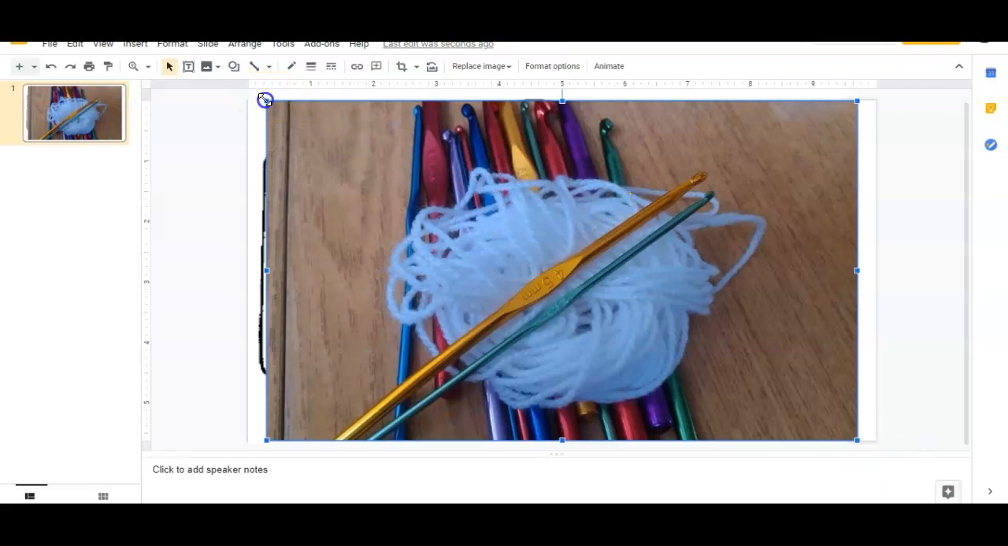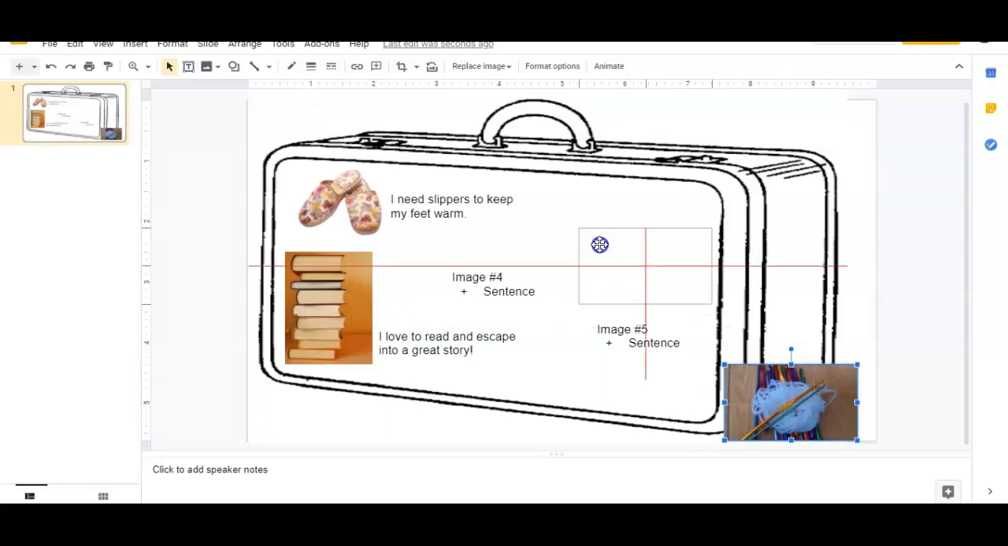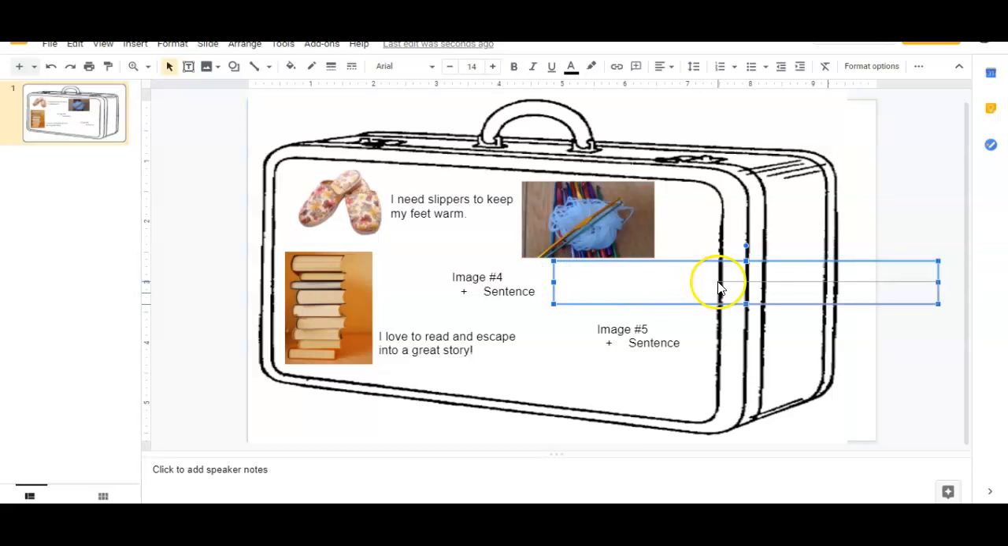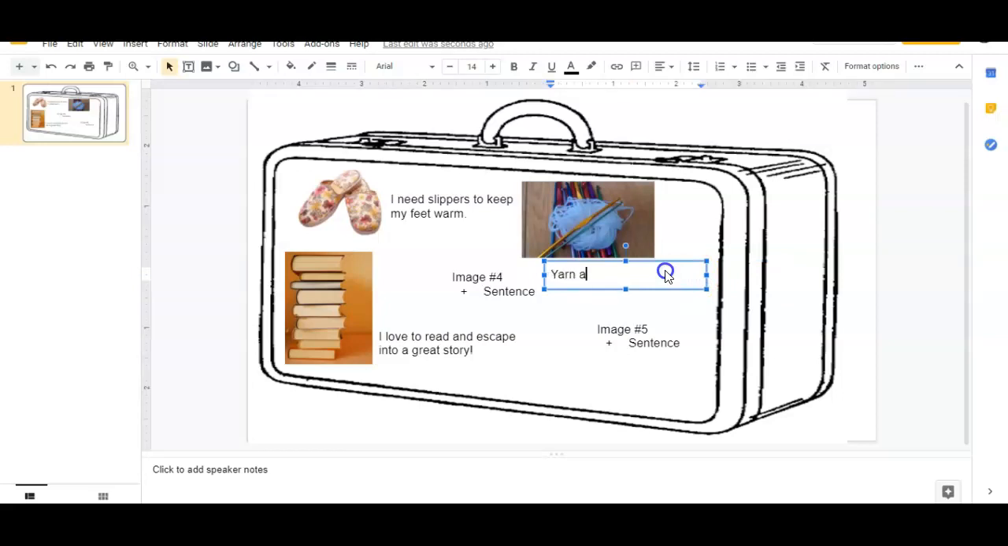So having yarn and a crochet hook would give me a way to pass the time and also make things that I need. So let me put my sentence in here. Ooh, that's a big text box, but that's okay. Yarn and a hook would help me